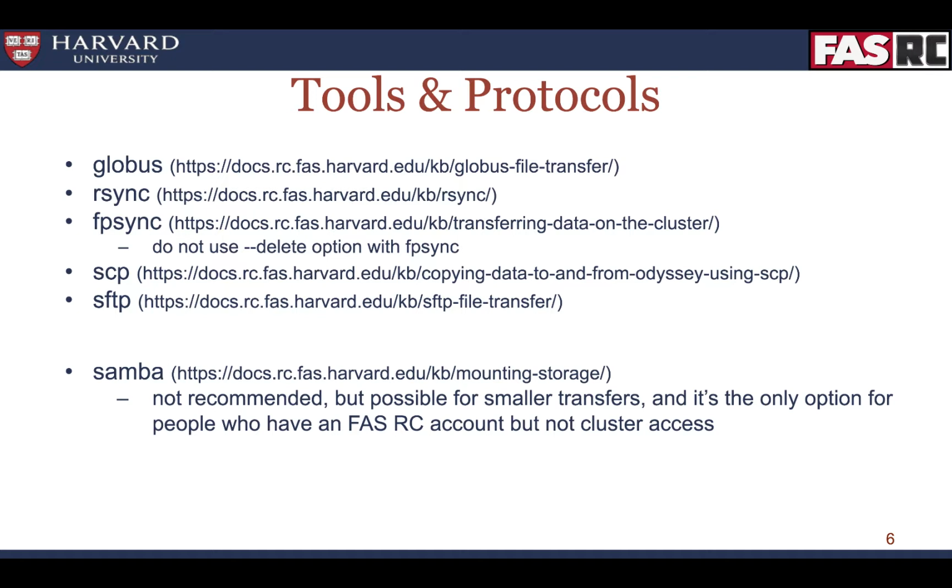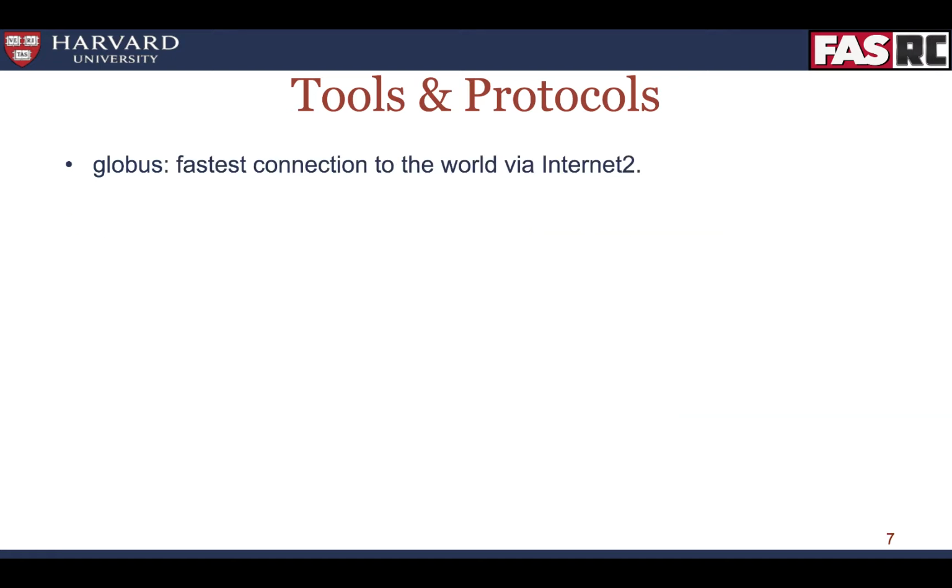If the route you have chosen is far superior to any secondary options, or if it is the only route possible, then you may be limited to the transfer tools available for that route. But if your route affords you multiple options for transfer tools, you can pick one based on the options it offers. Globus has the fastest connection to the outside world from the FASRC cluster via Internet 2, but it can